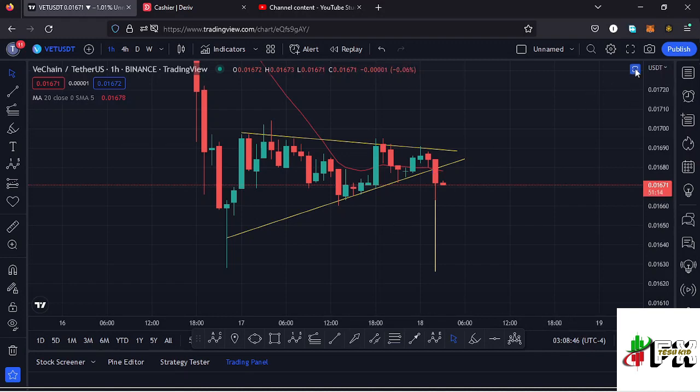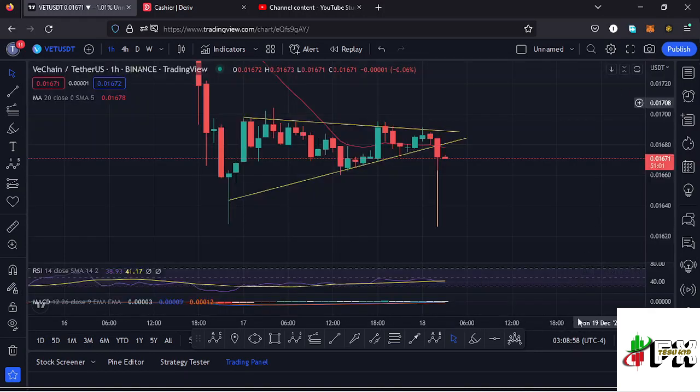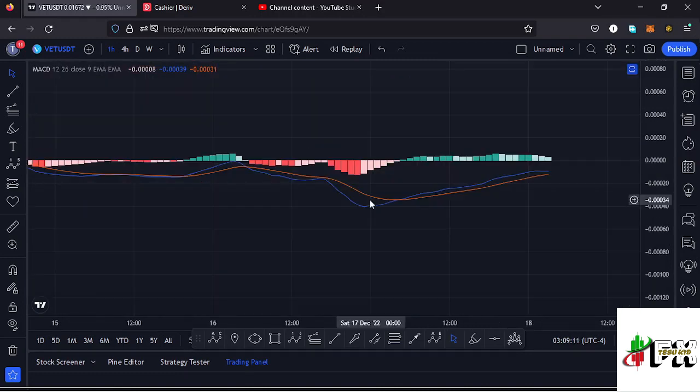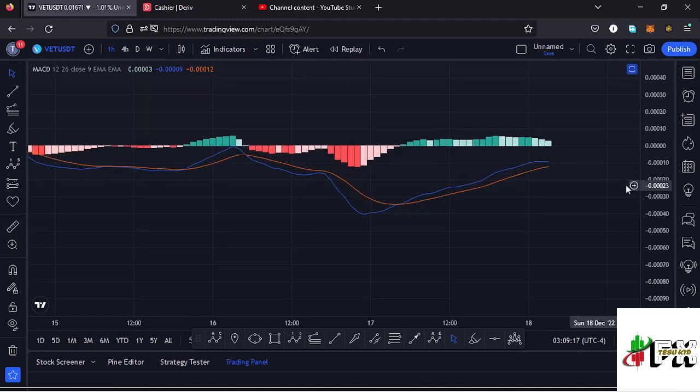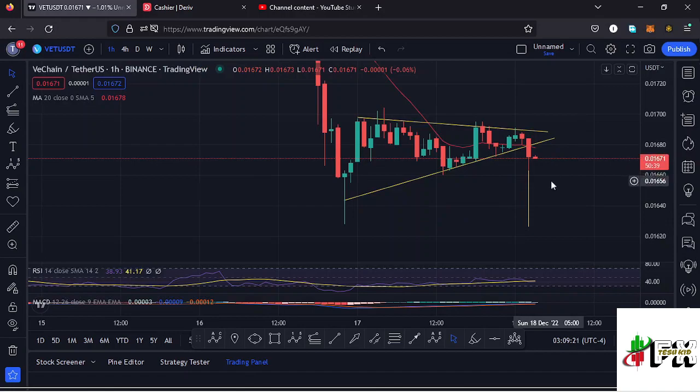Also taking a look at the indicators to see what movements will be supported. Here on the RSI we are trading at around the 38 mark, meaning we have massive room to support any movements to the upside and also any movements to the lower side. Also taking a look at the MACD, here on the MACD we have printed a bullish cross, and we are also seeing a bit of an increase in the buying momentum, and that would mean higher prices are coming our way. So let's be patient and see how that plays out, and I'll keep you updated.